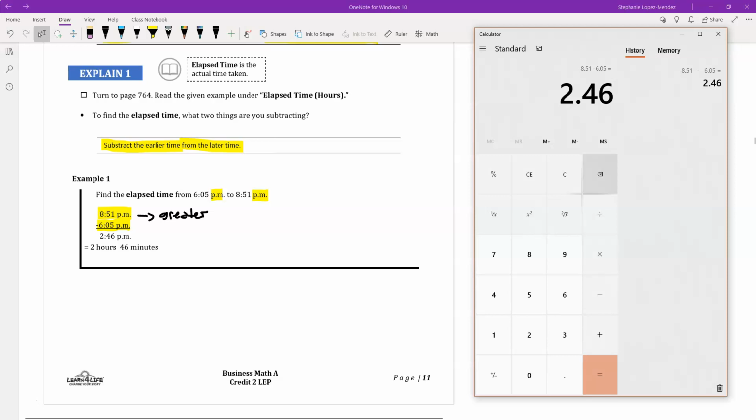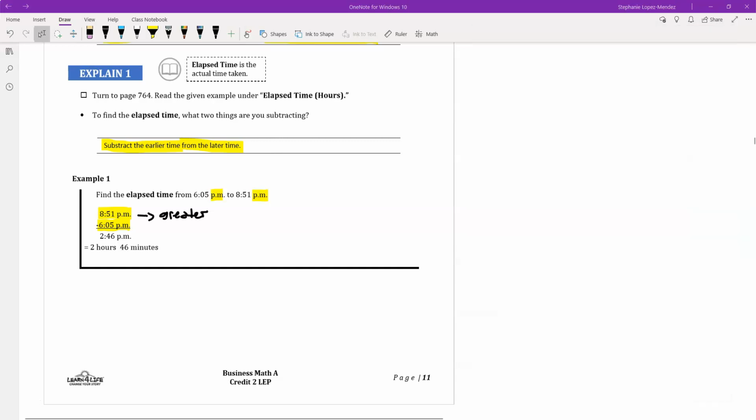When we work in our calculator and when we are subtracting, we need to add a point. So instead of writing 8:51, we're doing 8.51 minus 6.05 equals 2.46. Okay, so that 2.46 that we got in our result